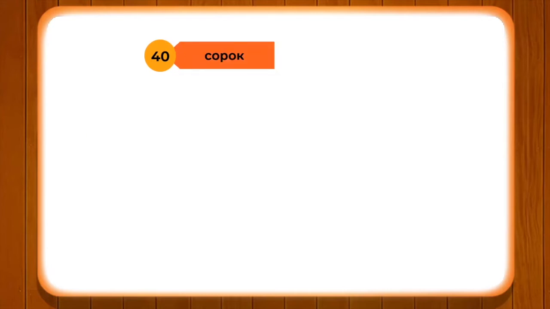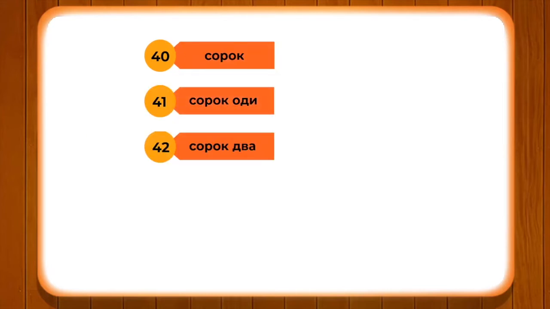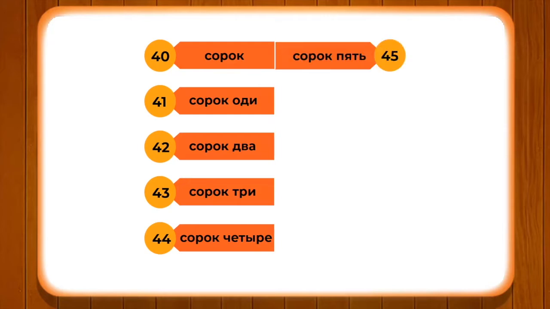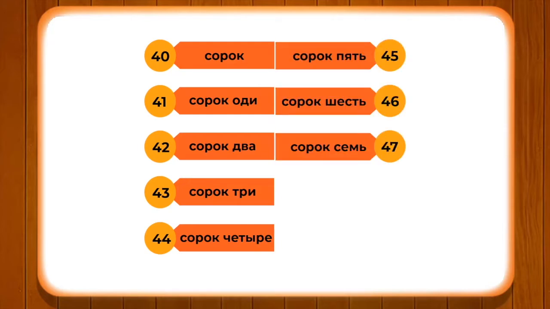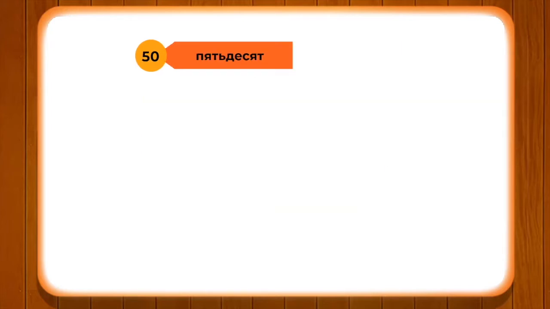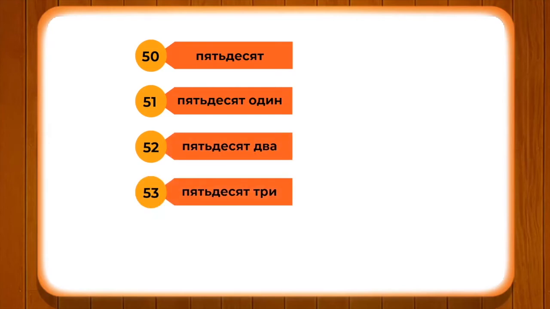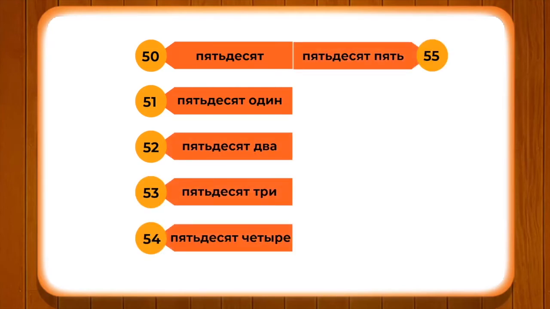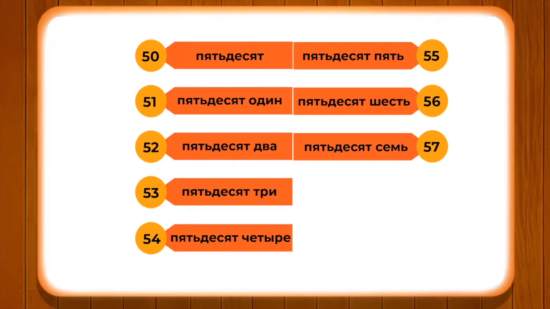And then the concept is similar: 41, 42, 43, 44, 45, 46, 47, 48, 49 and then 50. 50 is 50. And then 51, 52, 53, 54, 55, 56, 57, 58, 59 and then 60. 60 is 60. Then you have 61, 62,